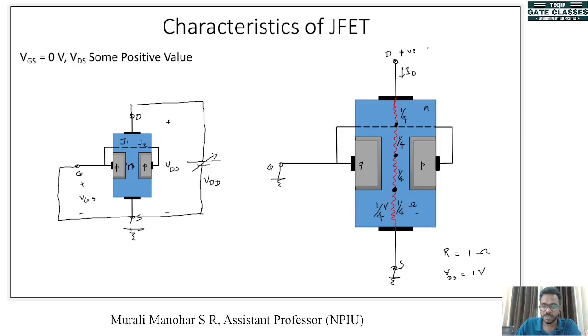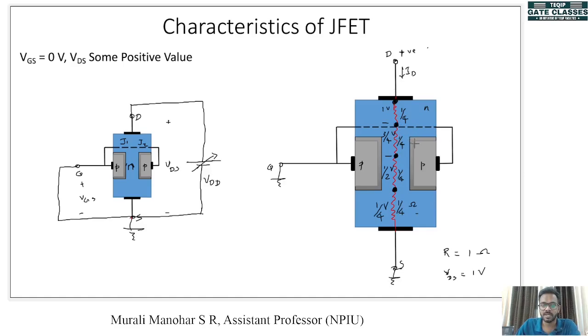From ground to this point, what will be the voltage? That is the voltage at this point. At this point, the voltage will be 1/2 volt, because a 1/4 volt is dropped here, a 1/4 volt is dropped here. So the total voltage here is 1/4 plus 1/4. And at this point, we will have a voltage of 3/4 volt, and here we will have 1 volt across this point and ground, right? So if you look at the resistor, look at the points we have considered, each point has a different positive